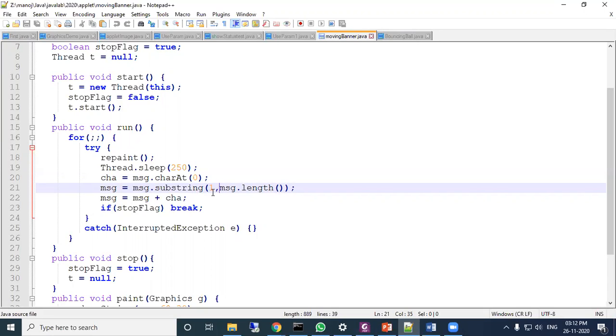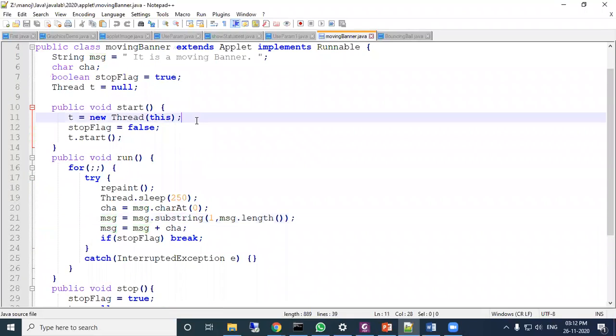That means the substring method is called on MSG, that is the total string. From the total string, from position one till the end, the entire thing will be extracted and stored in MSG. Previously MSG was space with something.